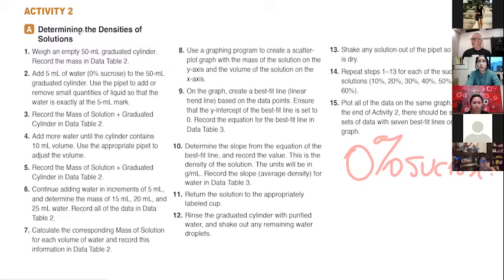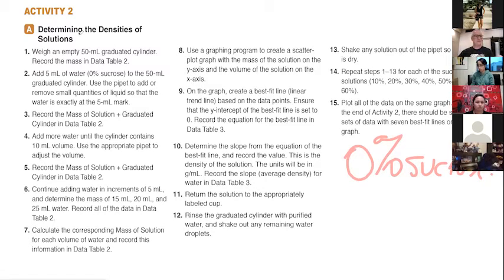So what we're going to do is take, oh, let me grab my graduated cylinder. It already has some solution in it from last night. So this is the graduated cylinder. Why is it called that? Because it has graduations on it, as you can see, and it's the shape of a cylinder. So we're going to determine the mass of this empty, and then we're going to add 5 milliliters of water. This is a 50 mil cylinder, and there is a major